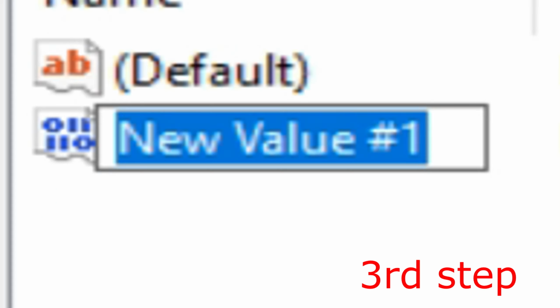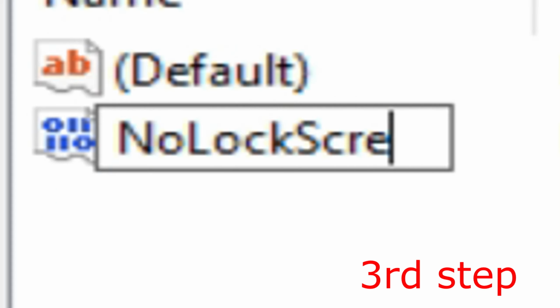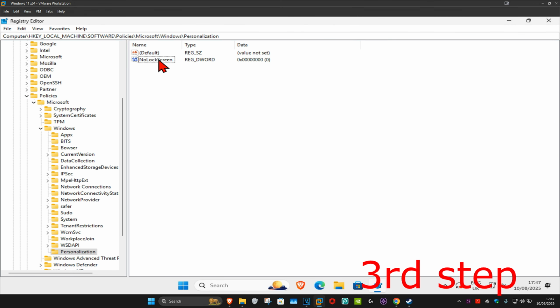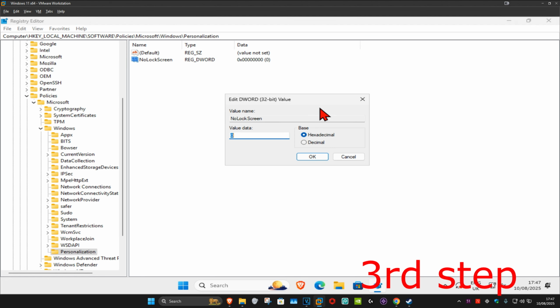We're going to call this NoLockScreen. Spell it with the same capitals and lowercase as I did, and then click on enter. Now once you have this, you want to double click on it. Make sure that in this box right here, you have the number 1. So make sure that under value data, under NoLockScreen, you have the number 1, and then click on